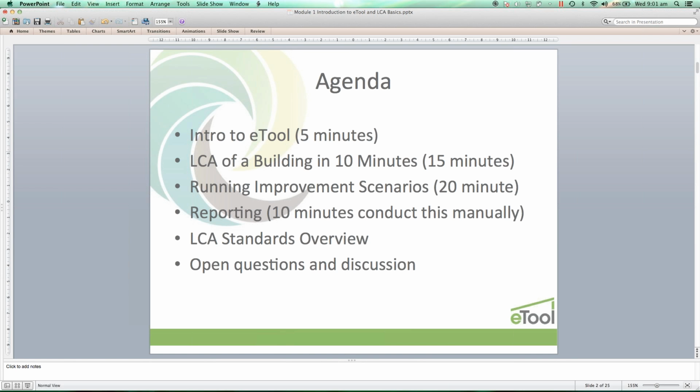Then the key thing I want to show you today is how to actually use LCA to improve your building, so run some improvement scenarios. That's the real benefit of life cycle assessment, and I really want to demonstrate that today. So that's probably what we'll be focusing on. A little bit on reporting at the end,